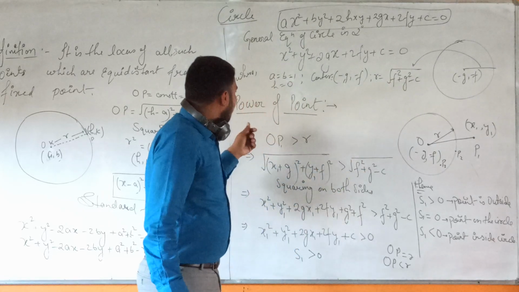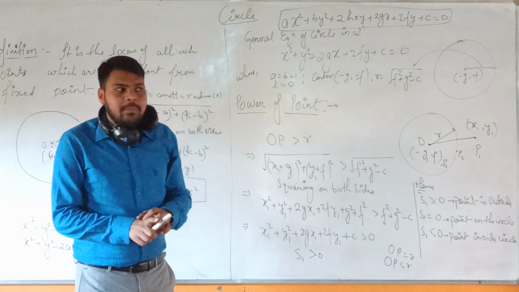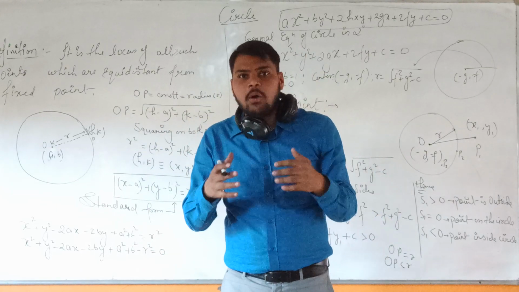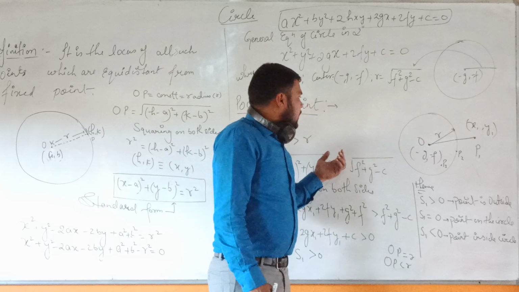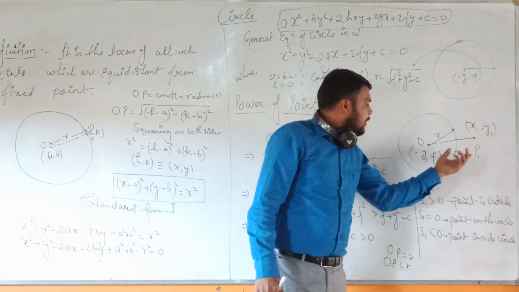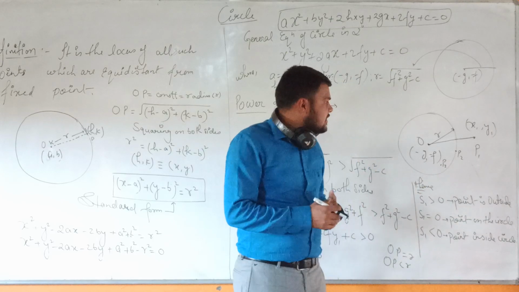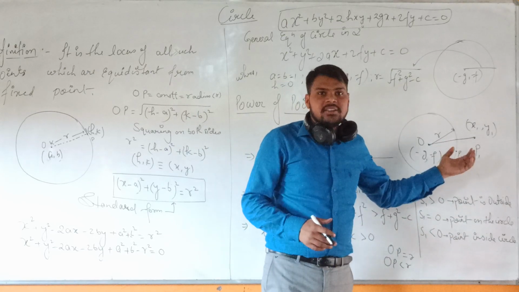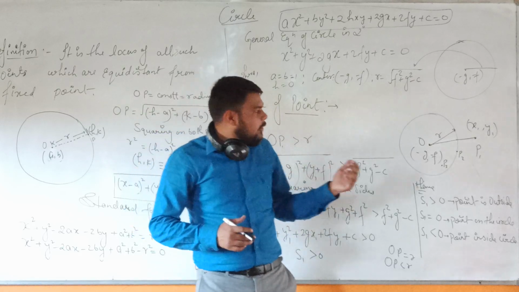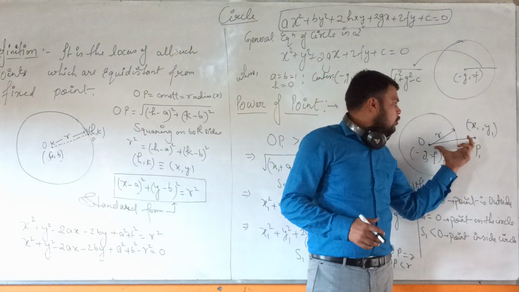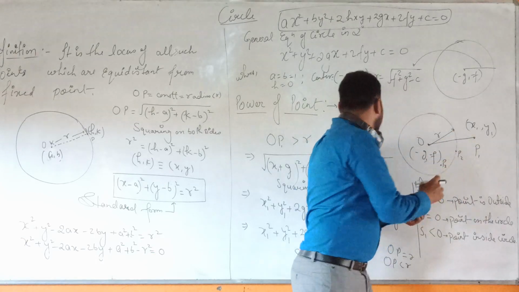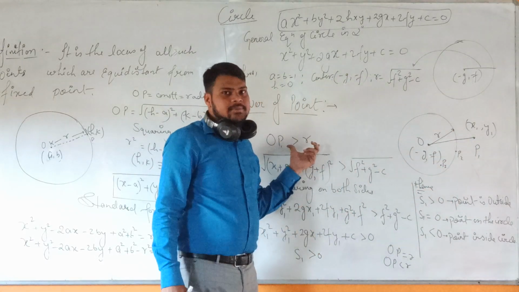Okay, that's all. Now, after knowing this, how do we know whether a point is inside the circle, outside the circle, or on the circle? The question is very genuine, right? If some point is there, P1, P2 or P3, any point, is it inside the circle, outside the circle, or on the circle? How to know? Let's say one point P1: the distance OP1 is greater compared to the radius, right? So OP1 is greater than the radius.